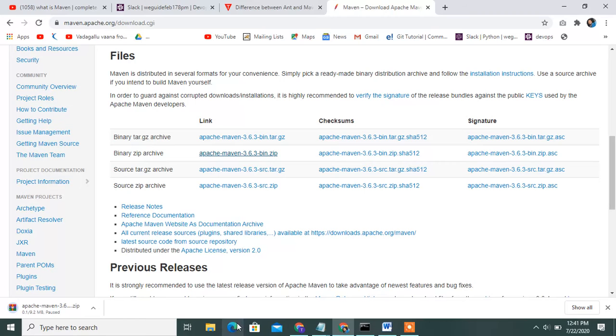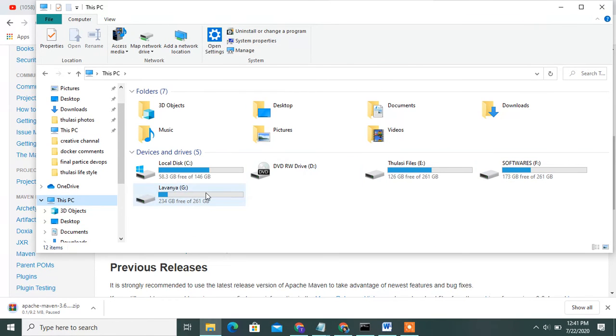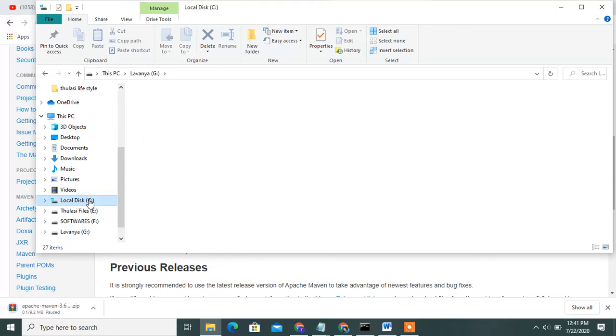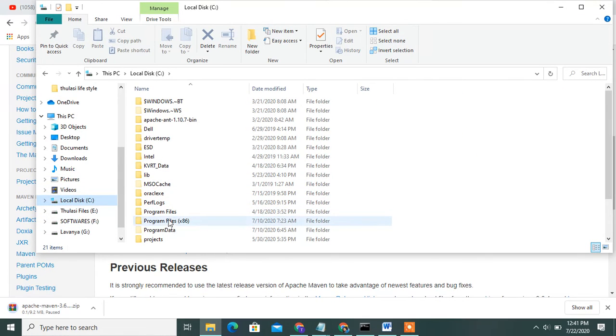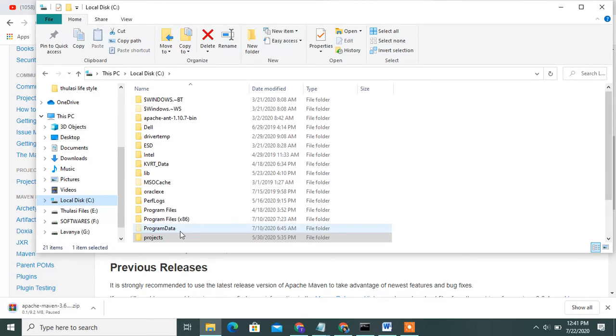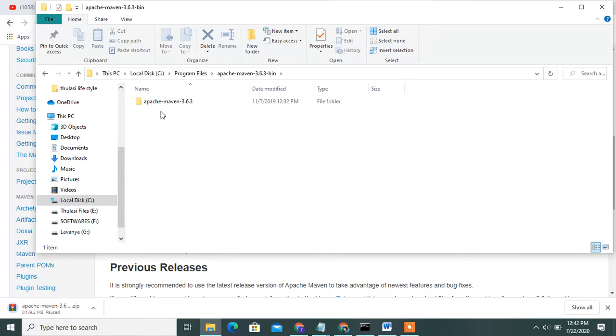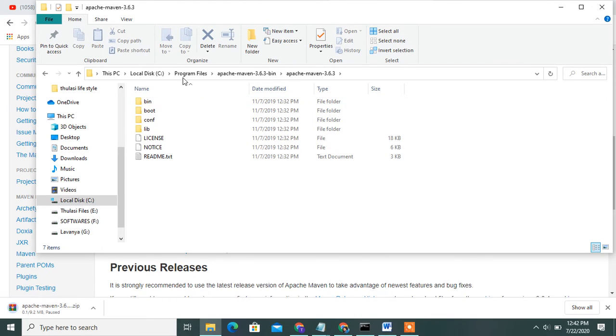Once you download and unzip the software, then go to the Maven folder, version 3.6.